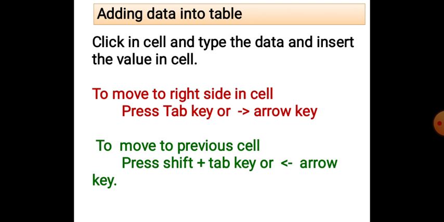In MS Word we can use arrow keys also. We have 4 arrow keys, so if you want, we can use all 4 of them to move between the cells: up arrow key, down arrow key, left arrow key, right arrow key. So this way we will add data into the table.